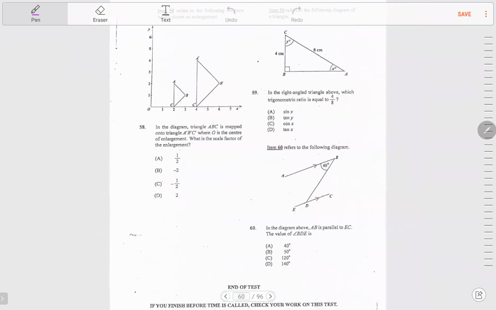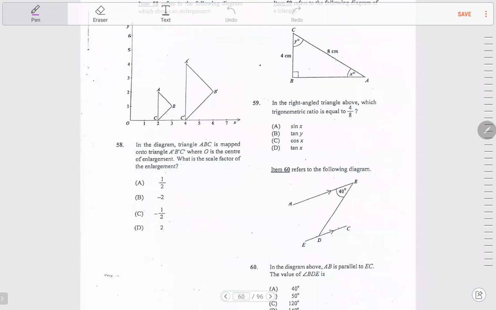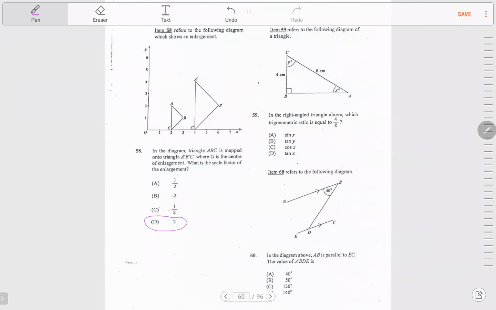This question already. Scale factor was 2. Explain it already. This one, we did this one already as well. Let's see the change. Okay? Remember, I know there are two possibilities. 4 over 5, 4 over 8, sorry. Sine of this